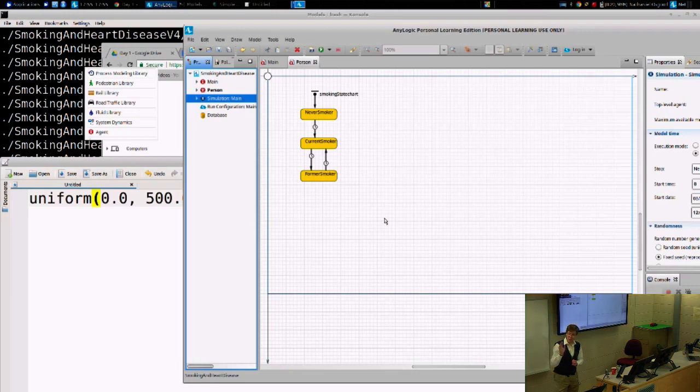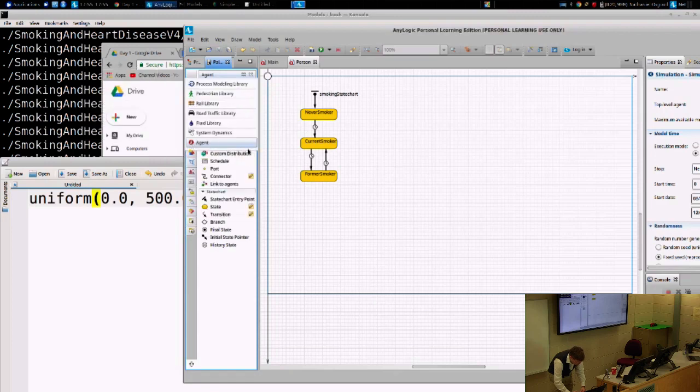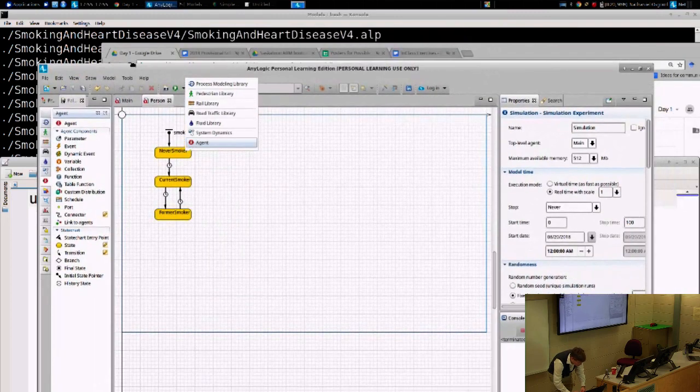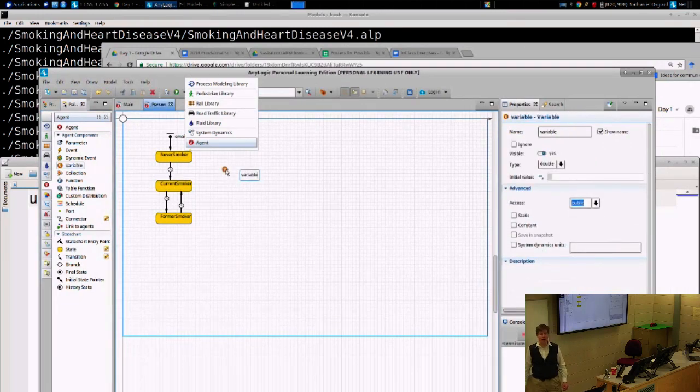Now, ladies and gentlemen, to illuminate this better, we have 5 minutes remaining before my promise. We already have achieved dynamics. I've met my promise, but I want to add just 2 or 3 additional things here. Ladies and gentlemen, if you could go to the agent, I'd like to add into the model, for the first time, a variable, ladies and gentlemen, a variable. That variable will be called, where did I go? I went to the agent palette, and I dragged in a variable to person. And that variable is going to be called